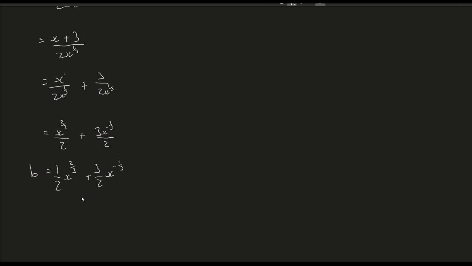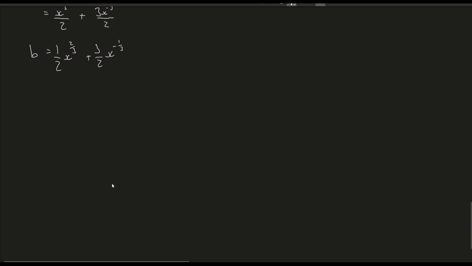Now, finally, we can differentiate it. So we're differentiating b with respect to x. So we say db by dx equals, right, so 2/3 times 1/2, so the top will multiply the top, bottom times the bottom, so we'll have 2 times 1, which is 2, over 2 times 3, which is 6, and then x, and subtracting 1 from that power will give us minus 1/3,